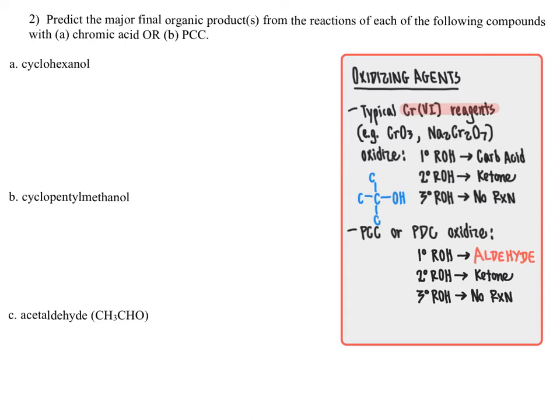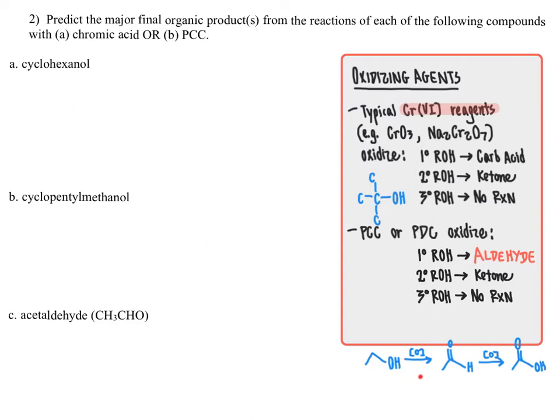So the way you can think of it is that we start with a primary alcohol, which gets oxidized to an aldehyde, and generally an aldehyde gets further oxidized to a carboxylic acid. So we go from something like ethanol